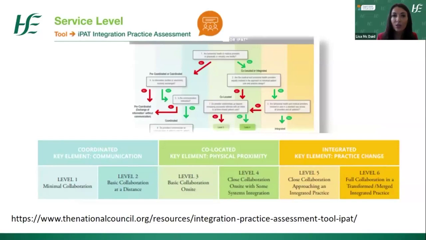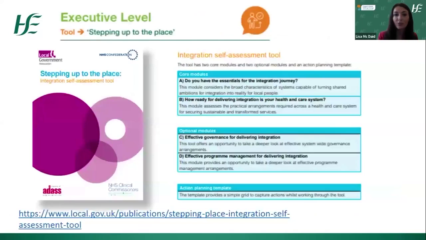And so the IPAT uses a decision tree model. It guides teams through a series of yes and no questions to identify their position on the integrated continuum. So you can see on the left-hand side, is it minimal collaboration, or is it full integration, which is the right-hand side of the resource. So it's simple, but it's actually a really effective approach, and it helps teams to evaluate their interdisciplinary practices, pinpoint areas for growth, and plan actionable steps towards more cohesive and integrated service delivery. It is a really useful tool because it prompts reflection, alignment, and meaningful discussion amongst teams at a service level.